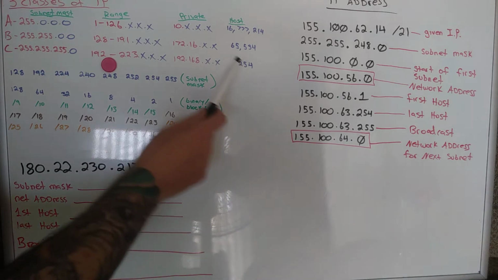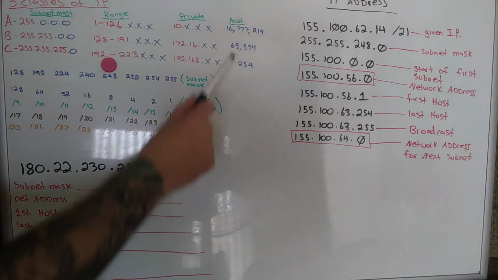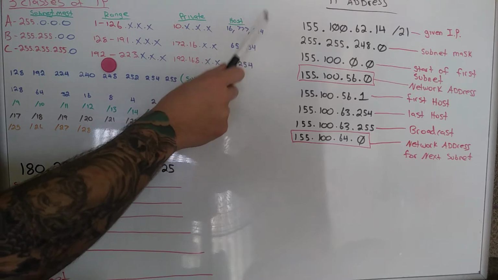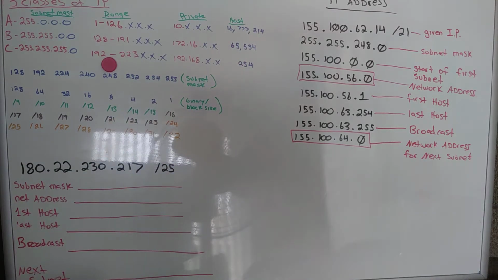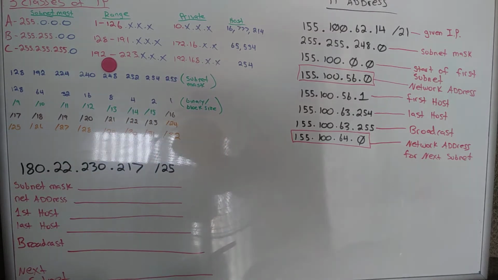So just a little bit of knowledge for Class A. Since we have all of these last 3 octets that we could subnet, there's a total of 16,777,214 possible hosts that we have in a Class A, which is an amazing amount of hosts. And the reason why this isn't used as much is because nobody needs to subnet and have this many hosts in their company. And like Dr. Huffman was saying in class just yesterday,